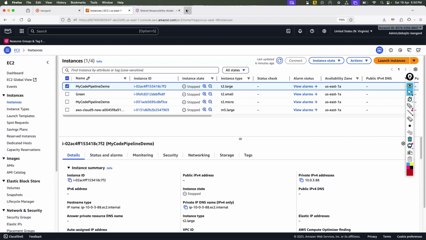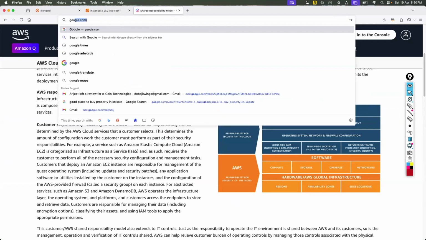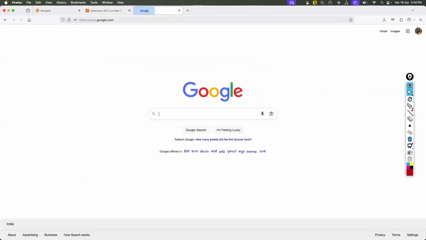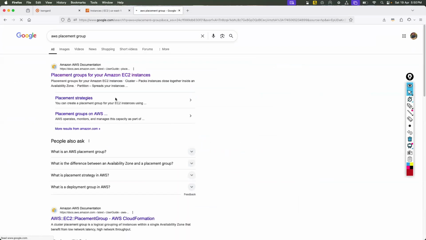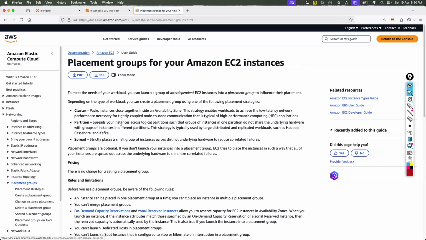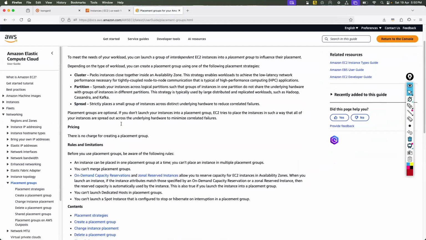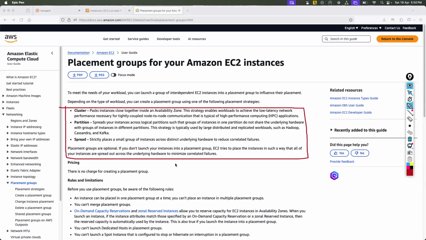If you go and type on Google, AWS placement group, there's a link called placement groups. Click on that. Just stay there. Look at this line.